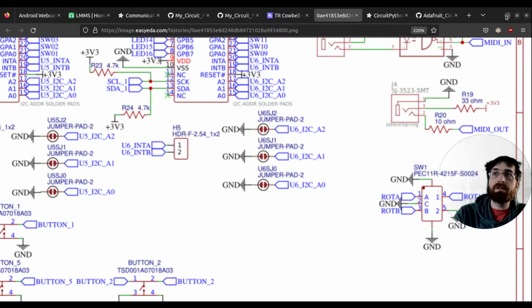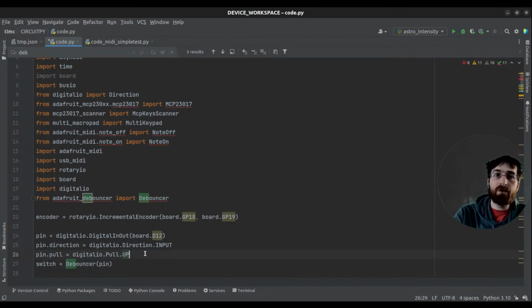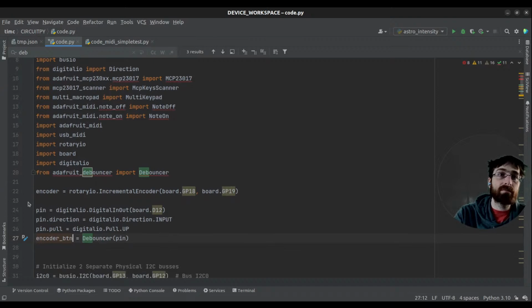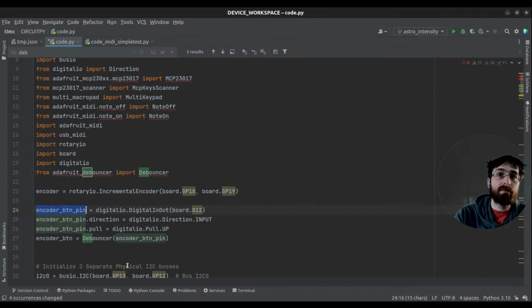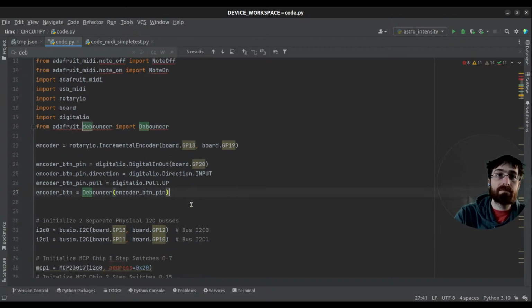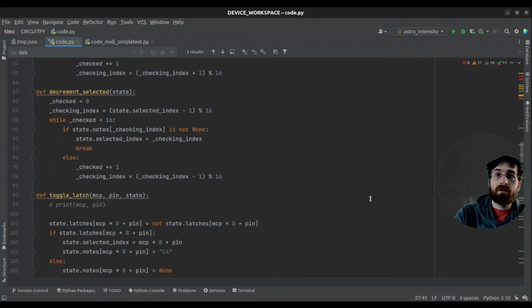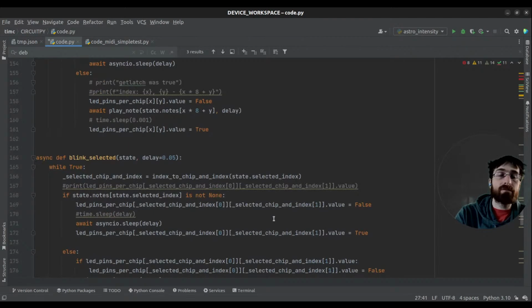Okay, so it's physically connected to ground, which means we want to pull it up. Put our button, encoder button pin, GP20. So now let's also go